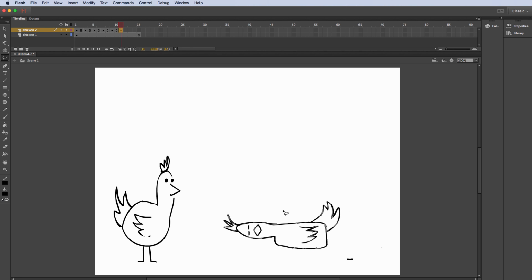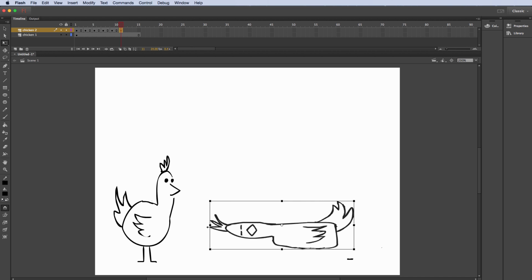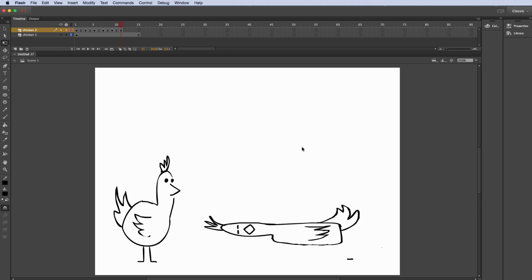And we're going to stretch this out some more. So I'll hit Q. And I want to stretch this out further and squash it down some more. Okay, so this is going to be a wild frame here. Okay, so this part of the bird, I'm going to kind of rotate and curve it up a little bit. So I'll kind of erase in here.